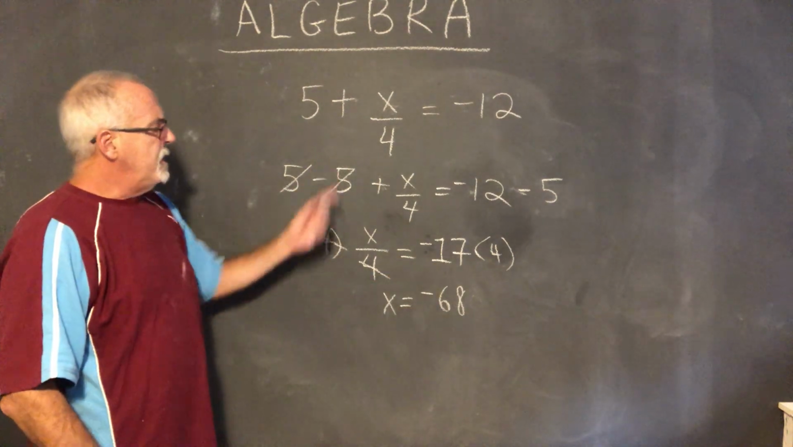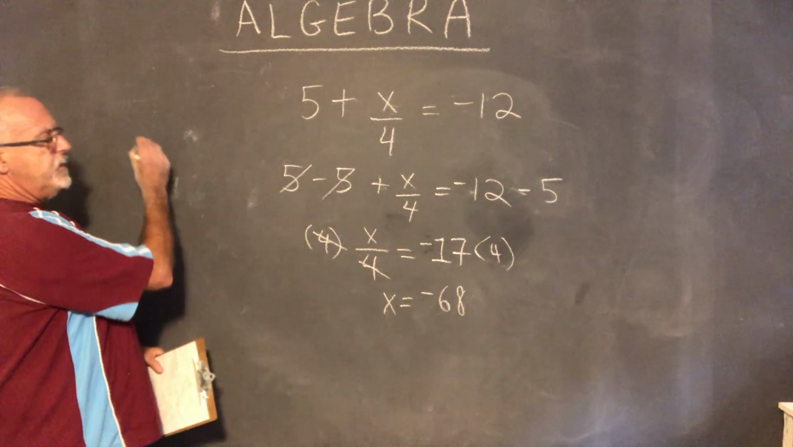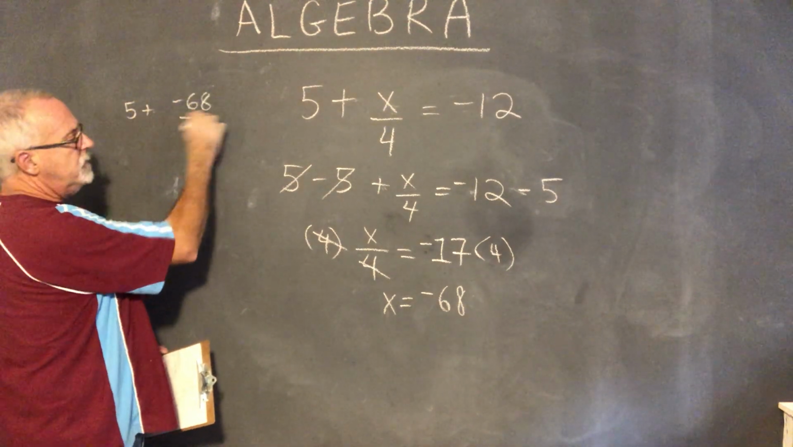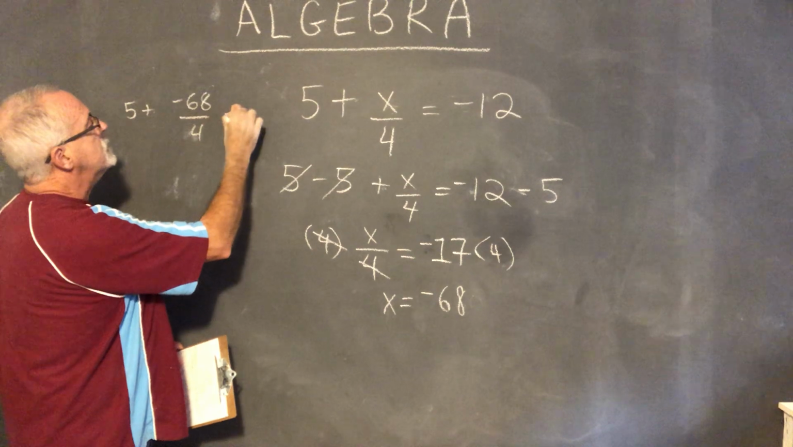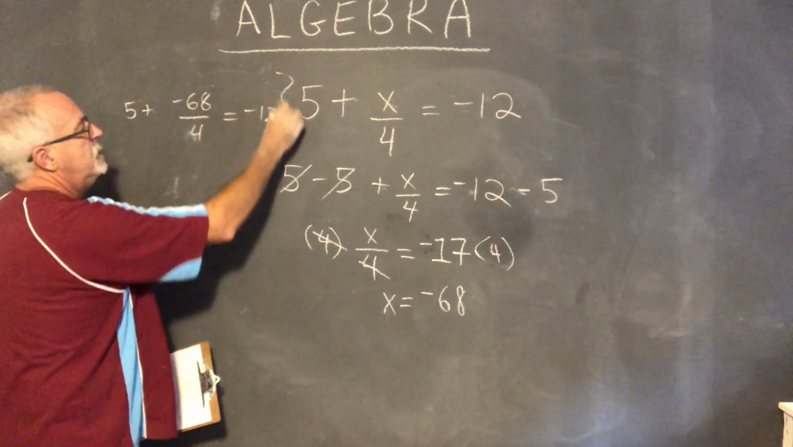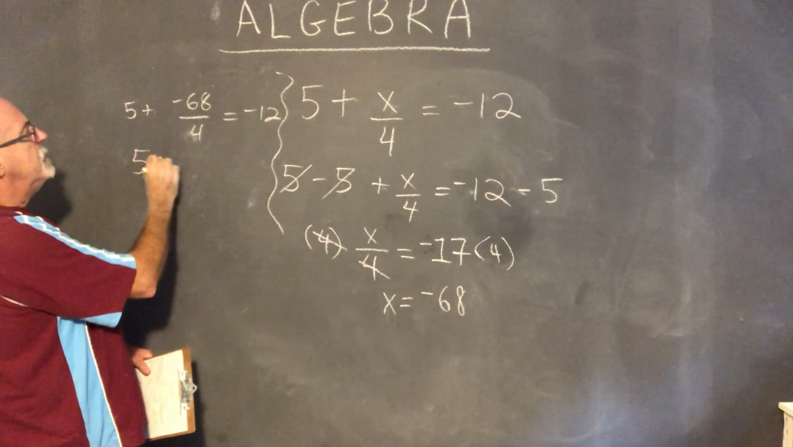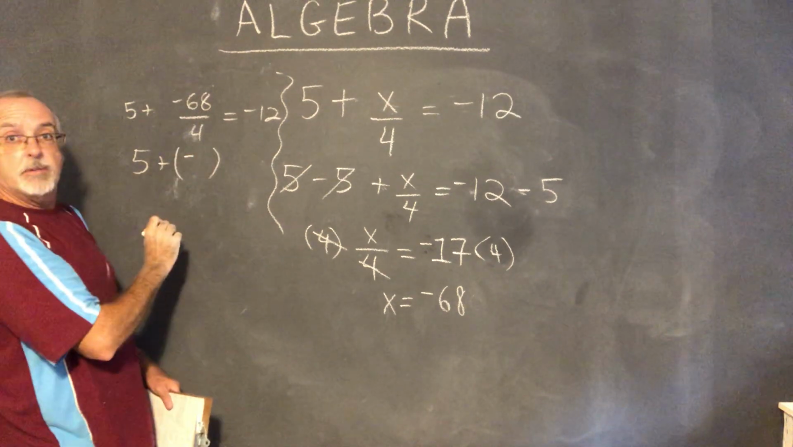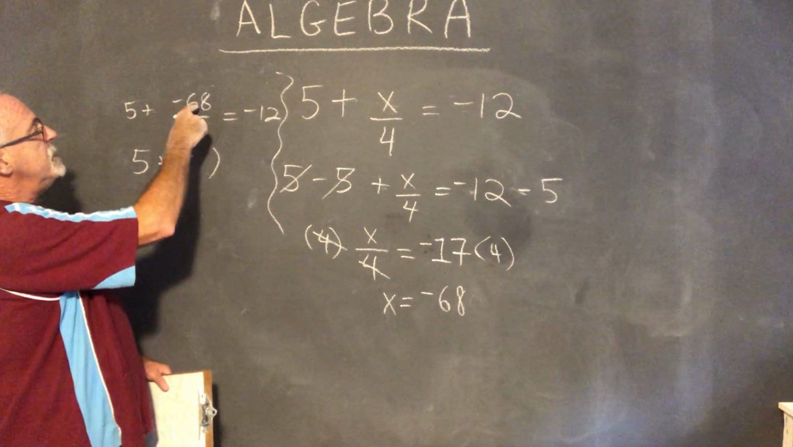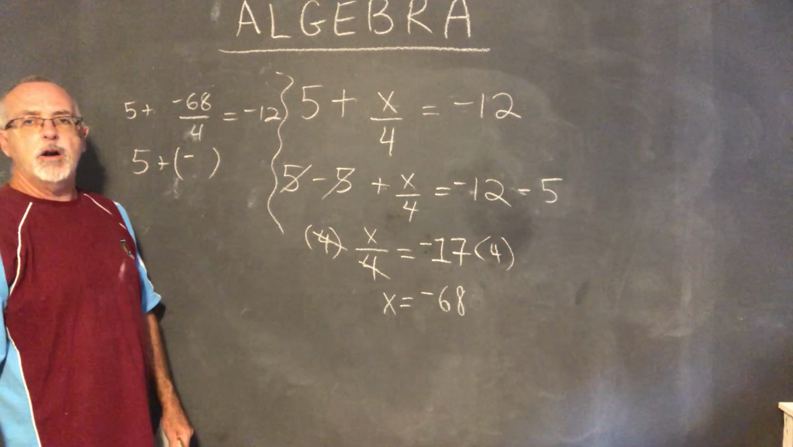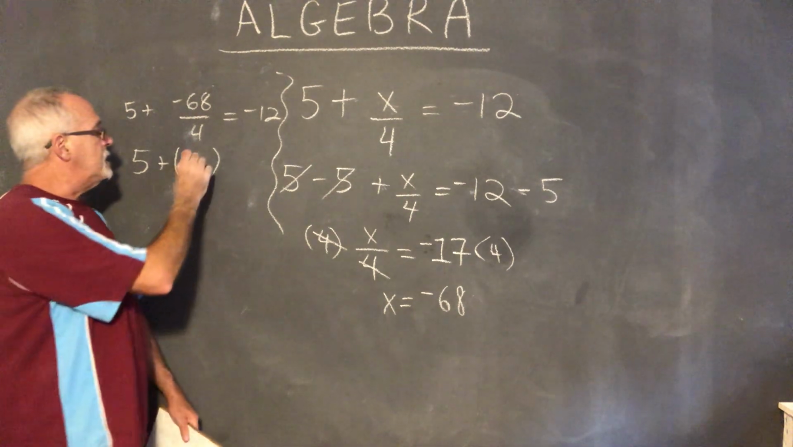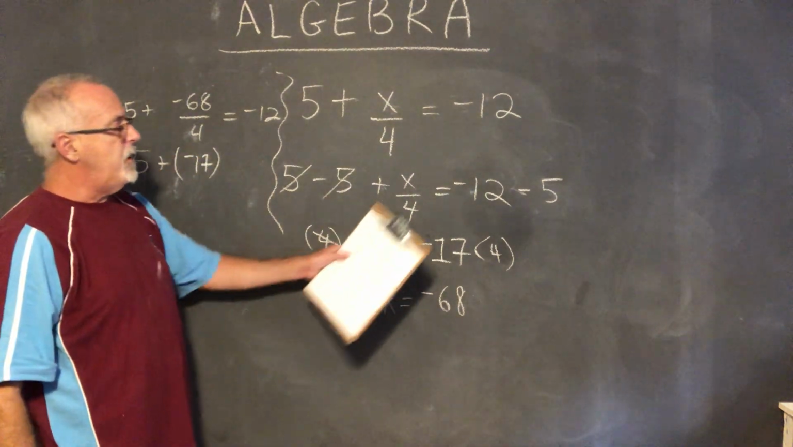My answer is right. Verifying. I'll do it over here. 5 plus negative 68 over 4 equals negative 12. Negative divided by positive is negative. Uh-oh, I'll put it in a bracket because I already put a plus sign there. 68 divided by 4, that's not hard. 60 divided by 4 is 15, and 8 divided by 4 is 2, and 15 plus 2 is 17. Are we surprised? No, we're not, because we just talked